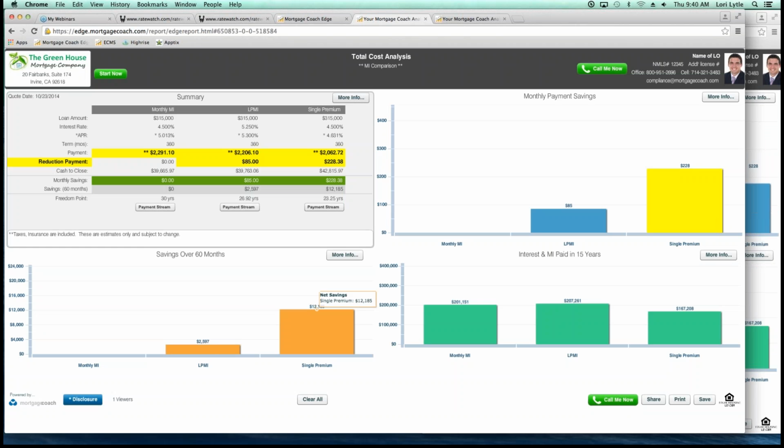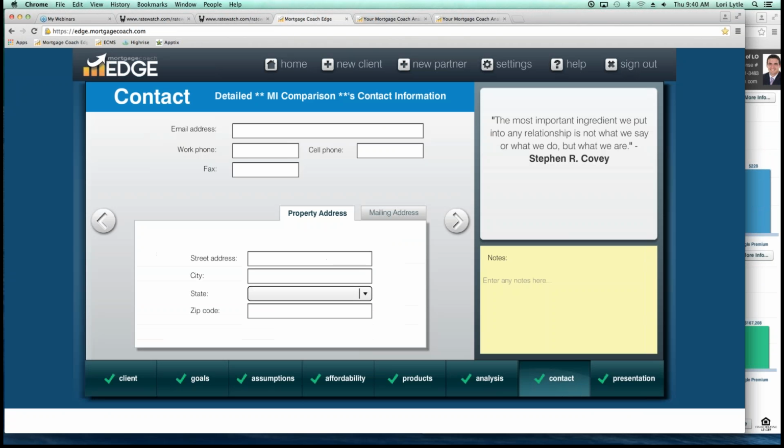You can see how it even bumped up more of that savings toward that single premium product. So now what happens on that monthly product when the mortgage insurance drops from the loan? Now they have that additional monthly cost that they can apply to principal as well. So when you move back to Edge, let's go back to our analysis screen